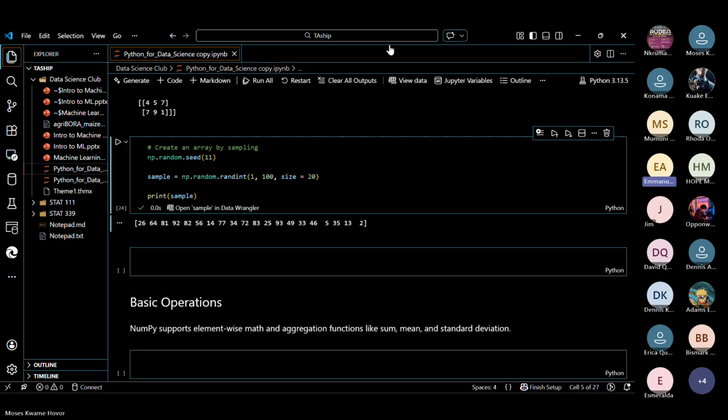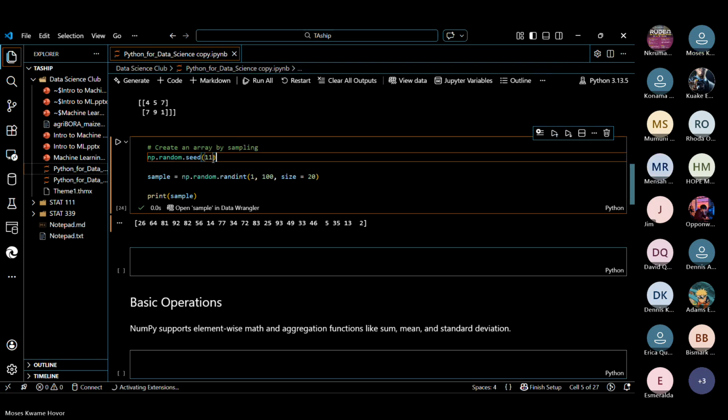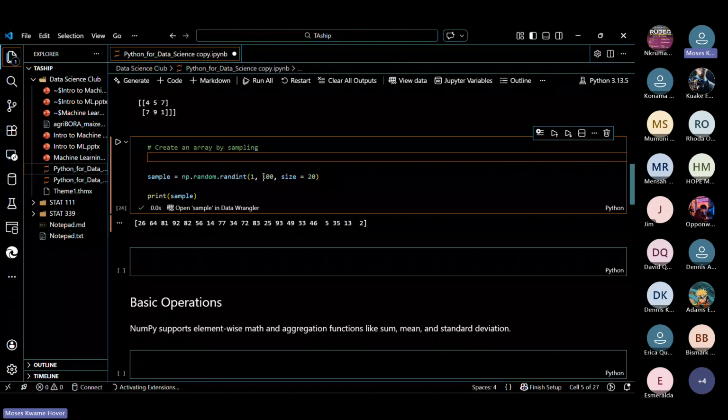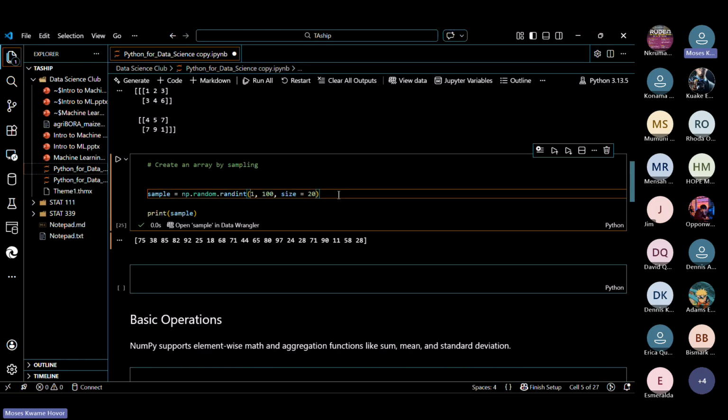Yes, you were saying something before, from the np.random note sheet. I didn't hear you, the line was breaking. Okay, so I was saying that if I have created a sample, I took a sample randomly from 1 to 100, and then I run the code, I'm going to have the 20 elements from 1 to 100 randomly. But the problem is that anytime I run the code, I have different sets of numbers, all the time.